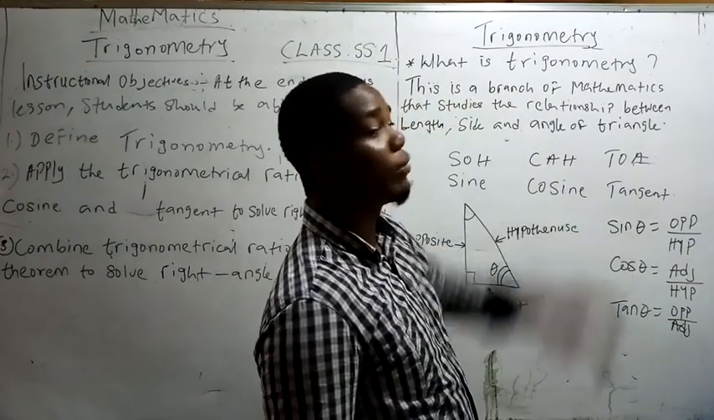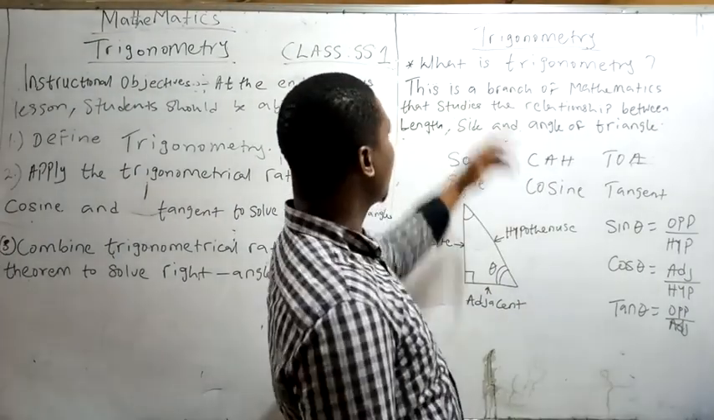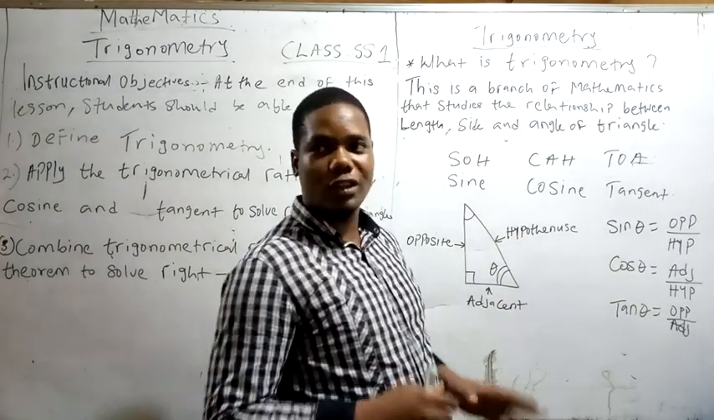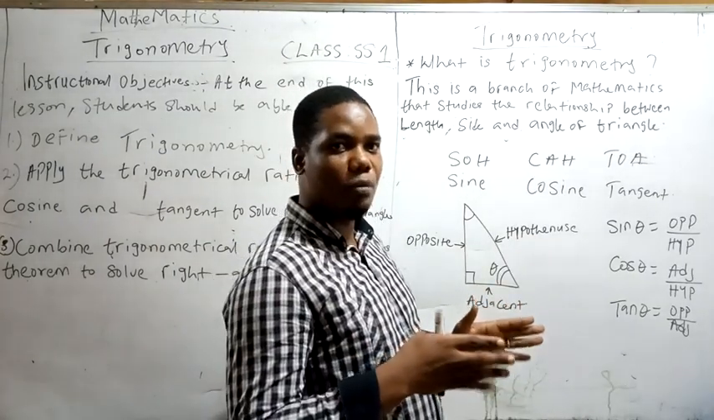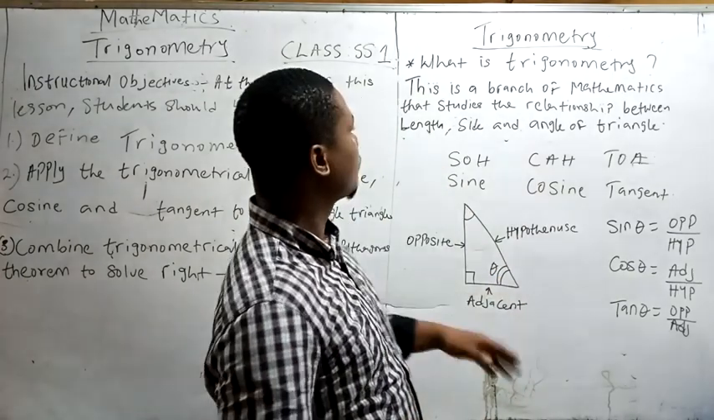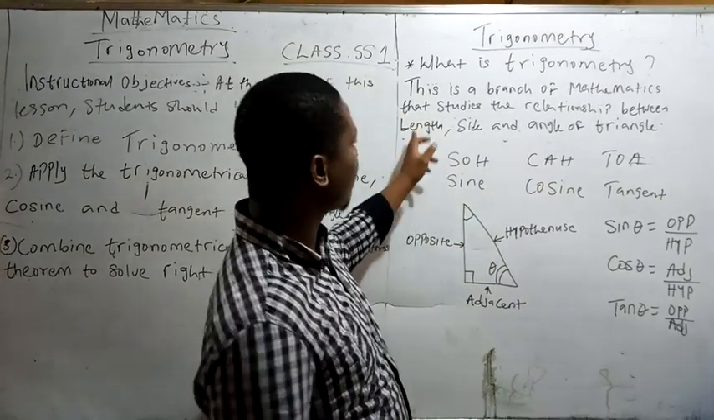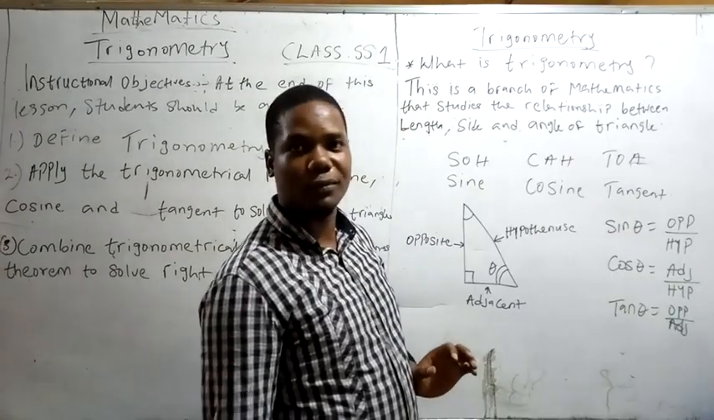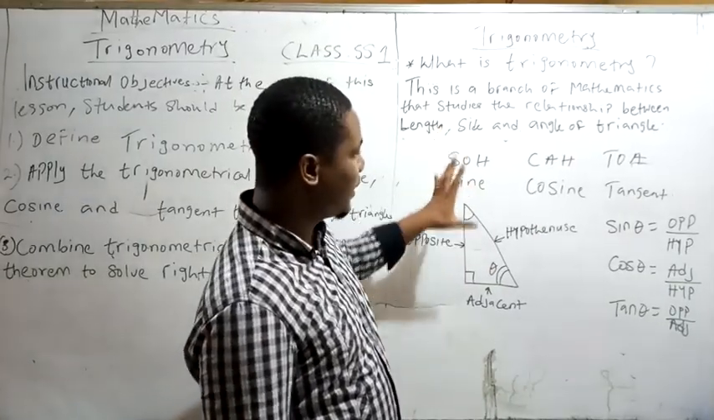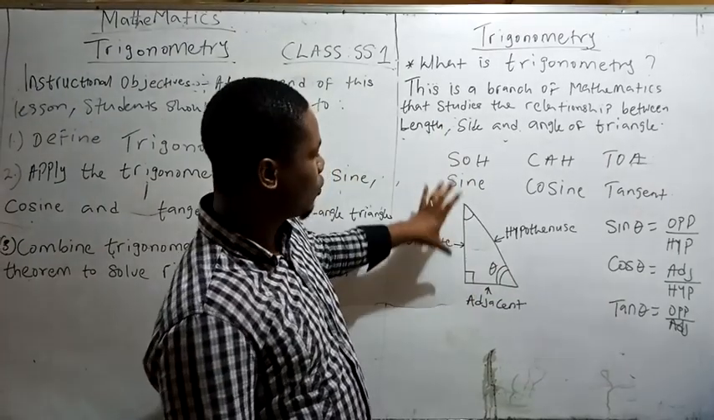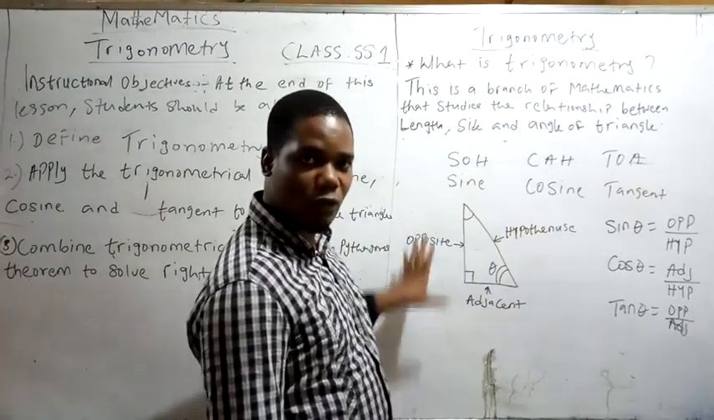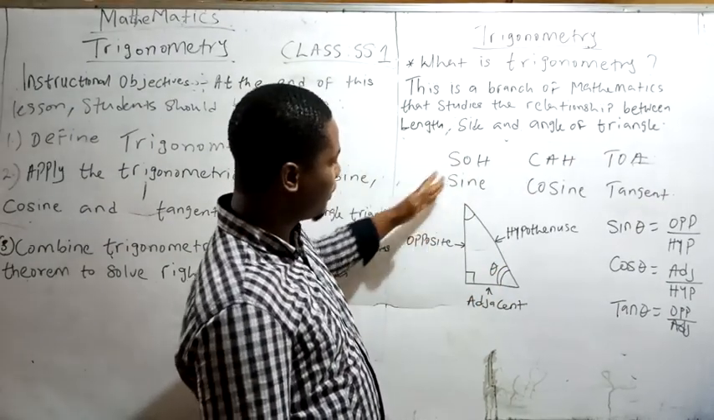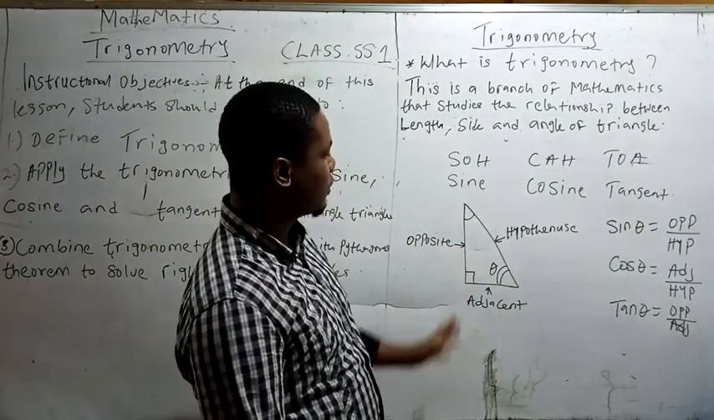What is trigonometry? Trigonometry is a branch of mathematics that studies the relationship between triangles. The relationships of sides, length, and the angles in a triangle. In that triangle, we have different parts of that right angle triangle. As you can see here, this is a right angle triangle that is labeled